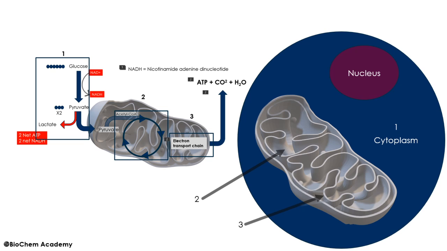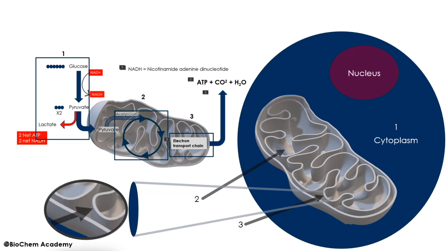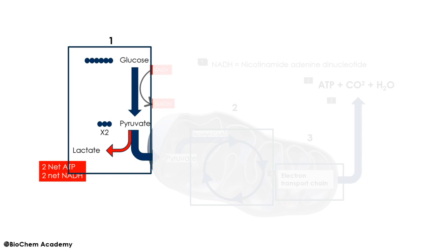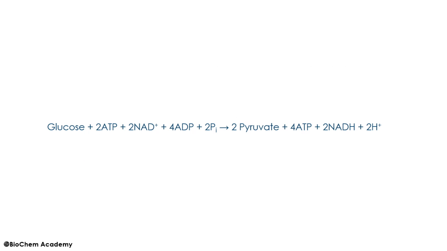So I'm going to zoom in to make this a bit clearer. So mitochondria has 2 membranes, that is the outer and the inner membrane, and both have their own functionality. When we are talking about respiration and electron transport chain, we are focusing on the inner membrane. Now let's learn about these reactions one by one. First, our focus will be on glycolysis, and